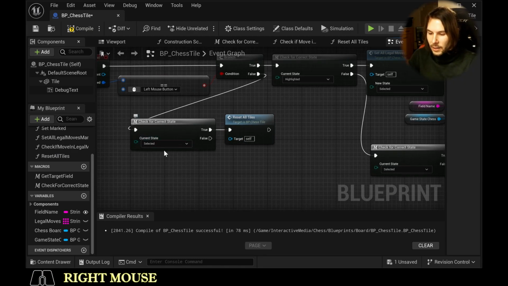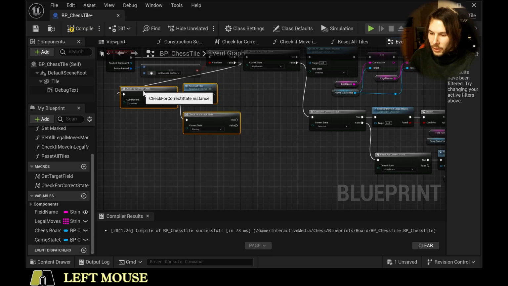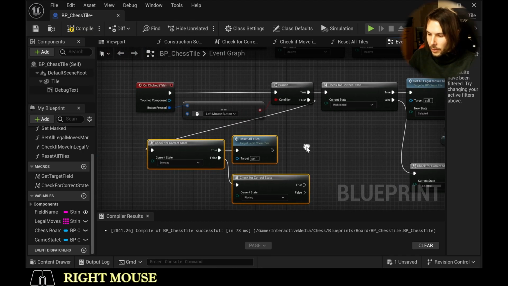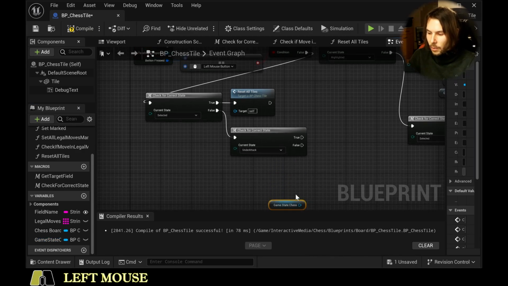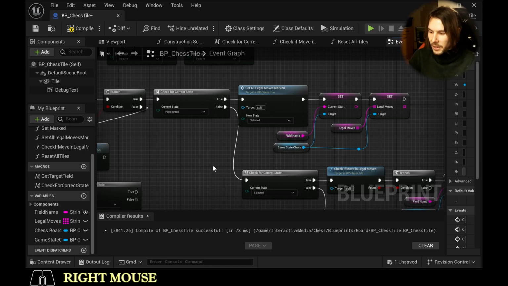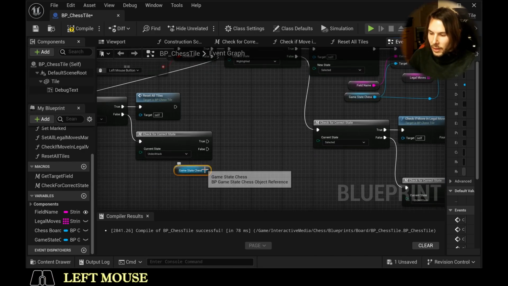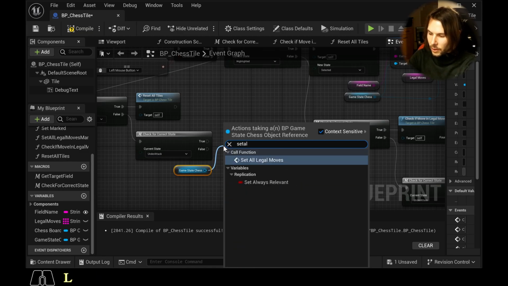If we're not selected, we want to check for another correct state, so drag and drop the next macro in here. And let's quickly move that a little bit aside so you can see what I'm doing here. All right, so if we check for the correct state, and it shouldn't be placing right now, but under attack, then we want to call our game state chess, which contains all of our moves, all of our legal moves, because we set them up here. And for all of the legal moves which are available inside our game state chess, we just want to set all legal moves